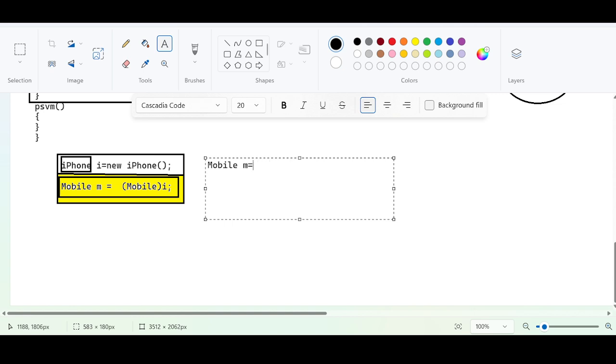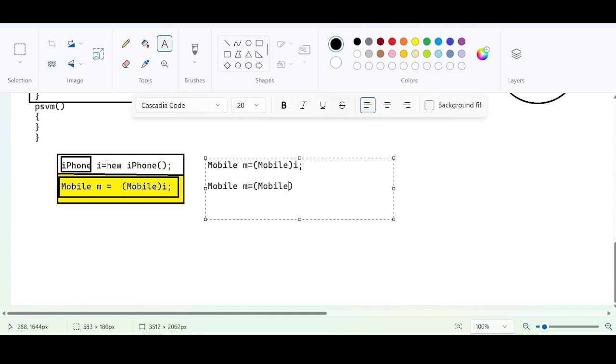The second line says mobile m equal to mobile I. I can also convert this like mobile m equal to mobile. This I can be replaced.